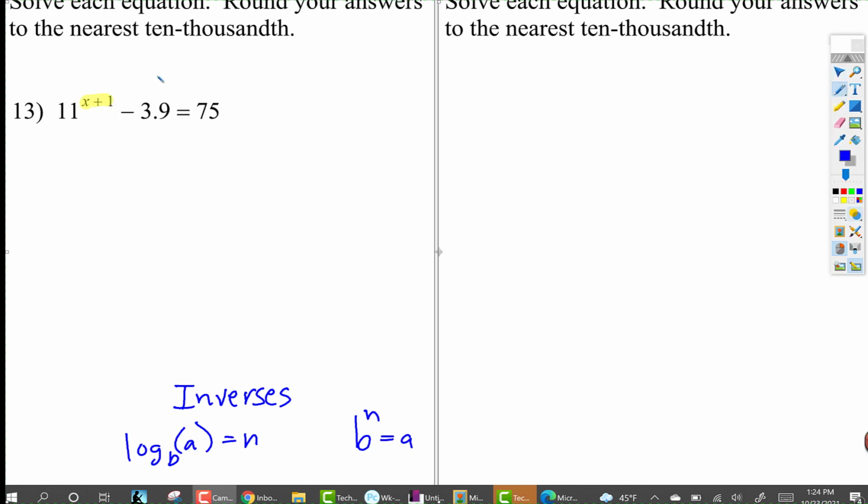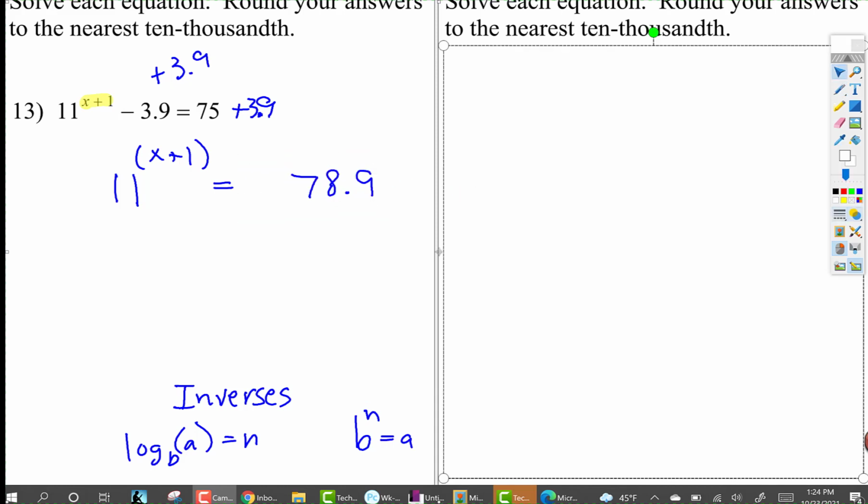So we're going to have to add 3.9 to both sides. Right? So now you have 11 to this exponent is equal to, looks like 78.9. And I'm going to move this out of the way a little bit. Well, it's not an integer. We don't know